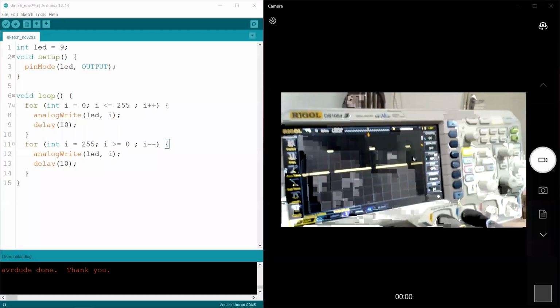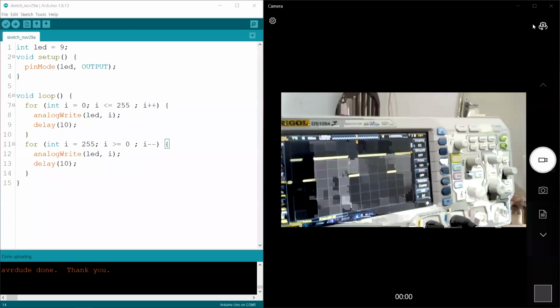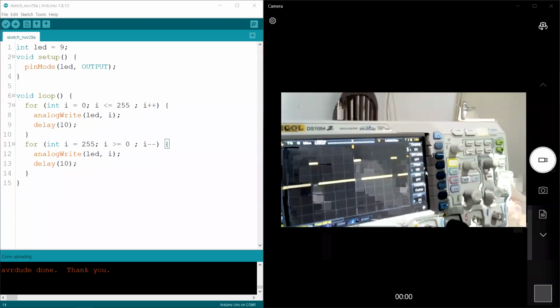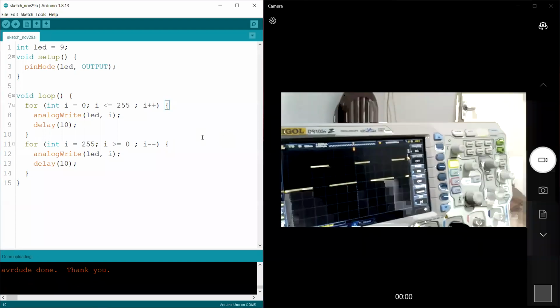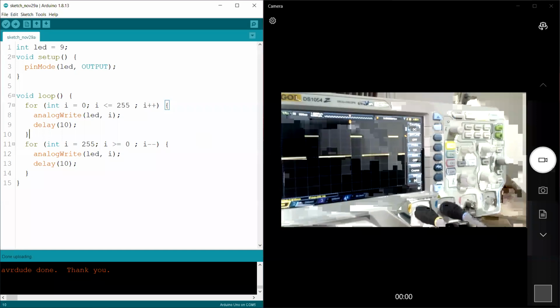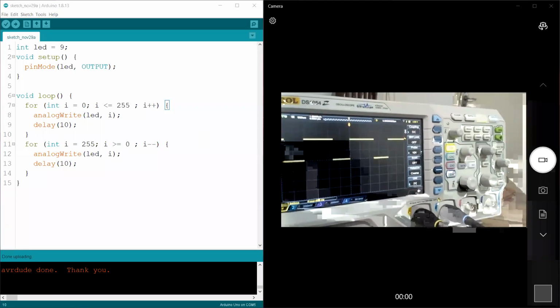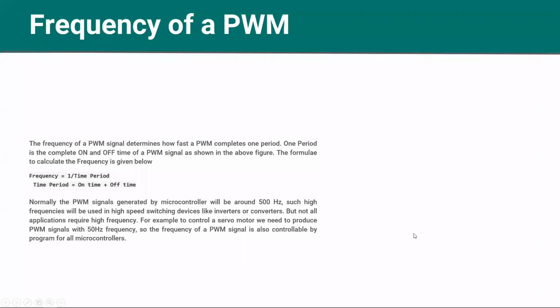Default pulse width? There isn't a default pulse width. Actually, that is defined with the analogWrite function. You can manually write it, but that is a bit complicated. So that's it with the analogWrite function. I think you understood that really clearly. If you have any other problems, please do ask.